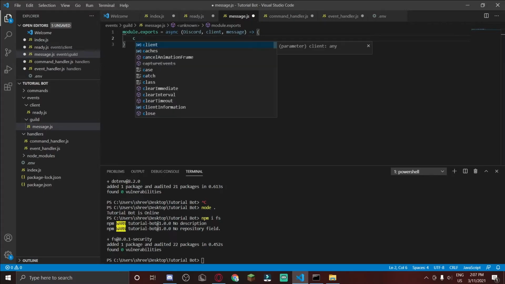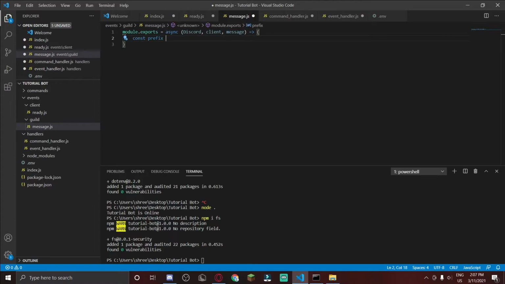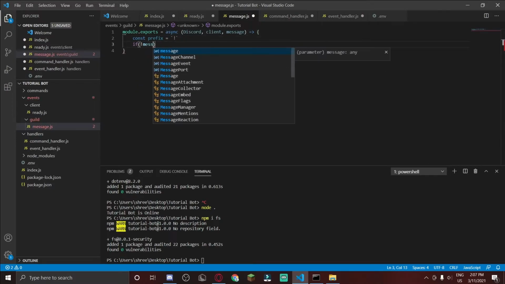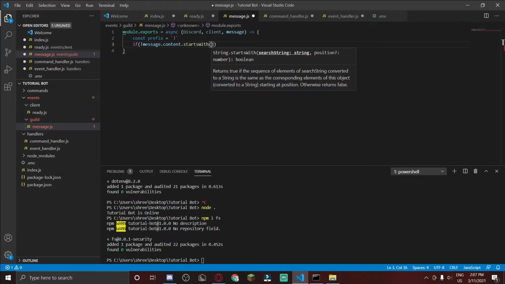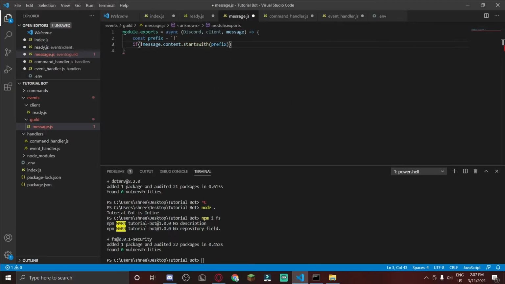Right now we're going to define our prefix, and this you can always change. const prefix equals, and then I like to do backticks just so if I want to add spaces. I'm going to make it an exclamation point, but you can make it anything you want. Like for Dank Memer, it would be "please" and then a space. So if !message.content.startsWith(prefix), this means if the message does not start with the prefix,